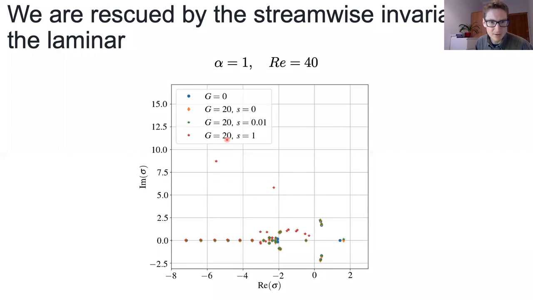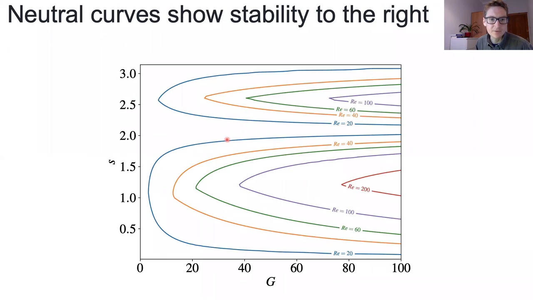So in summary, it's possible to use this method with an appropriate translation in X to stabilize the laminar flow. To flesh out the situation in a bit more detail, I'm plotting neutral curves for different Reynolds numbers here, for different gains along the x-axis and different shifts on the y-axis. And you can see that, unsurprisingly, for higher Reynolds number, you need progressively higher gains. And then you have these gaps in your